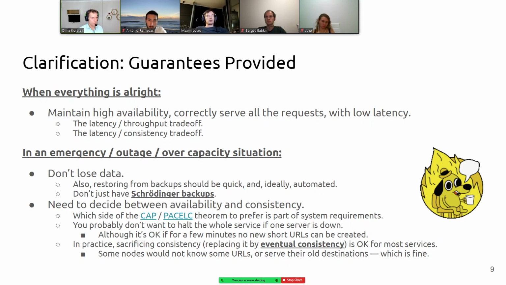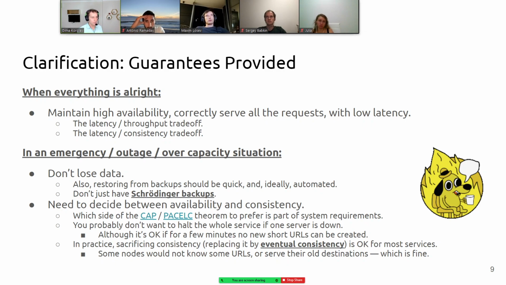The latency-throughput trade-off is for the same number of machines, for the same amount of CPU and RAM you can use. You can serve more throughput, more queries per second with higher latency, responding to some of those slower, or you can have strict SLAs, strict guarantees on the response time, but your peak throughput would suffer. We don't have to talk about this right now. It's just important to know that it's the extreme case of fine-tuning the parameters of the system in an outage